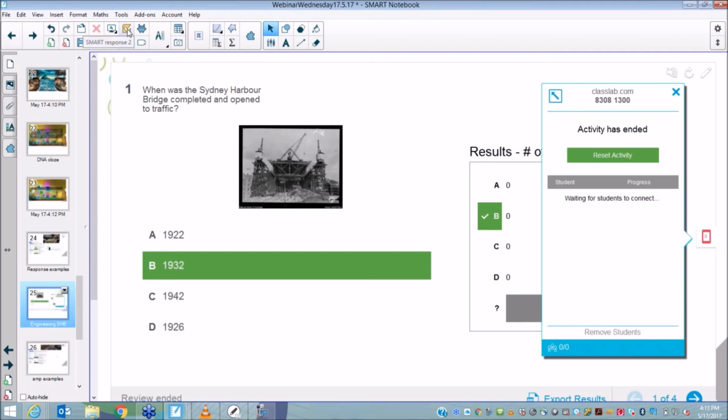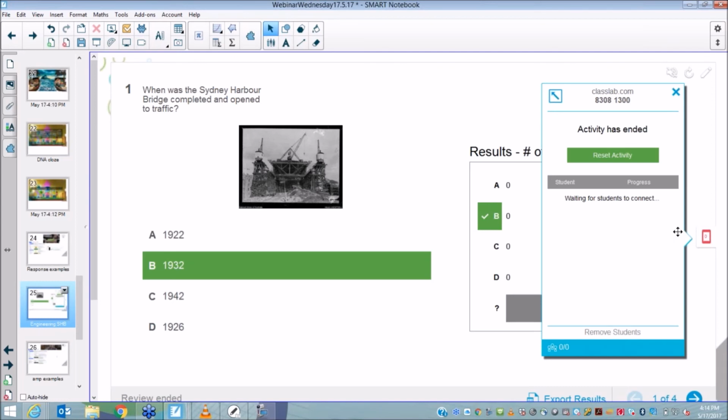little tool here, which is Smart Response 2. It's a builder. It asks me what kinds of questions I want to ask, multiple choice, open-ended. I can create this by dragging and dropping images into it, and what actually happens is you're able to push this quiz out to the students' devices, and then the students can actually participate in the quiz